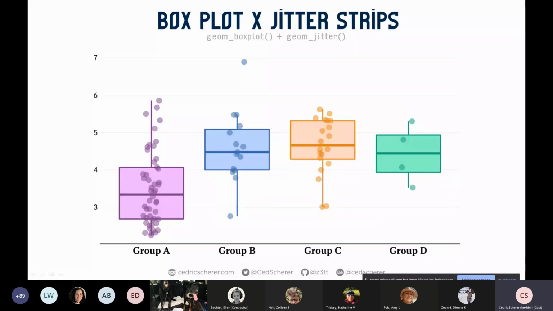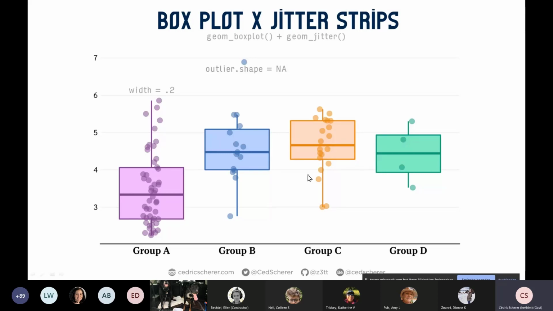You can, of course, also add the jitter to the box plots on top. So if you like your box plots, go for them, use them a lot, and inform people how great they are, but try somehow to add the sample size, especially if it's biased. Okay, and it's always nice to have a lower width of these to make the box plots still visible. It's important also to remove the outliers. So you can do this, for example, with the outlier.shape setting NA in the geom_boxplot, because